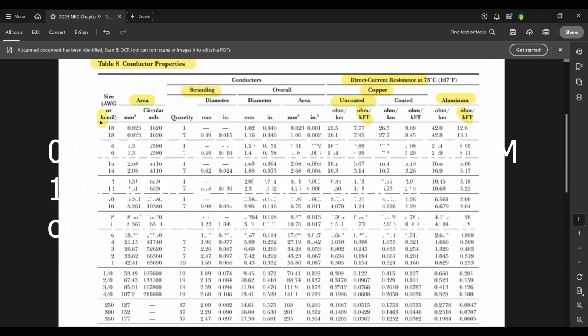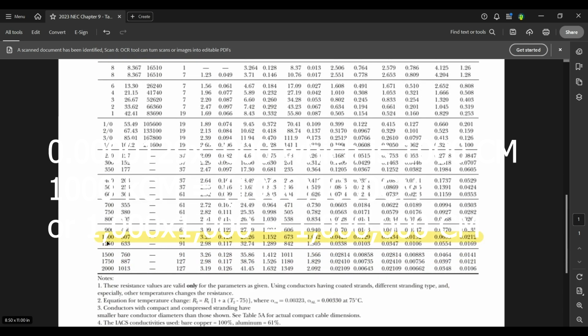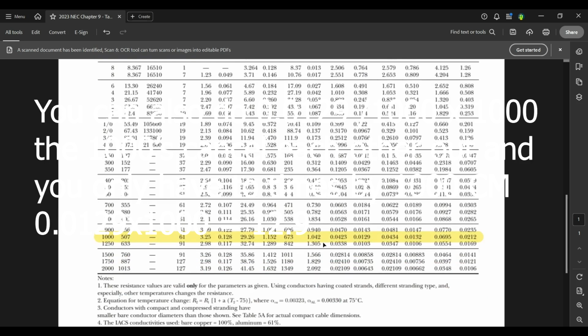This is 1,000 circular mils, so you have to times it by the kcmil, and then times it by the circular mil. So it's 1,000 times 1,000. 1,000 is the circular mil, and then we would times it by 1,000 again because it's 1,000,000, or 1 million to put it shortly. And if you did that, you would get 12.9, which is the K constant or K